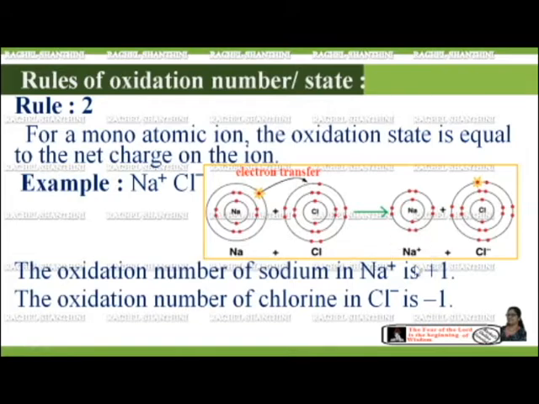Since sodium donates 1 electron, it becomes Na+, and chlorine accepts 1 electron, it becomes Cl-. The oxidation state of the monoatomic ion Na+ is +1,